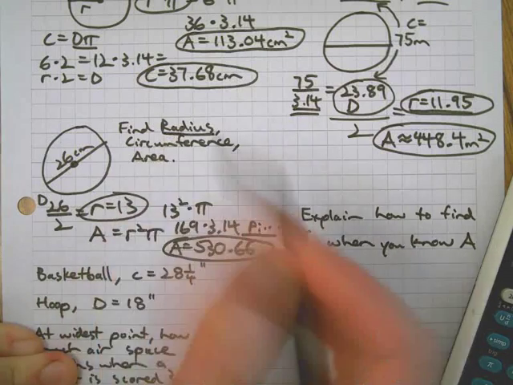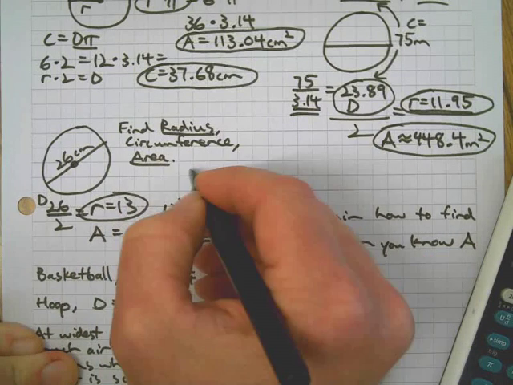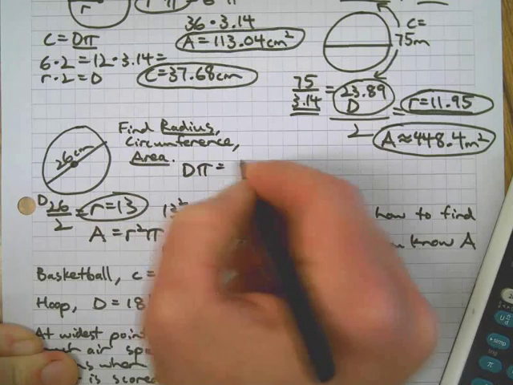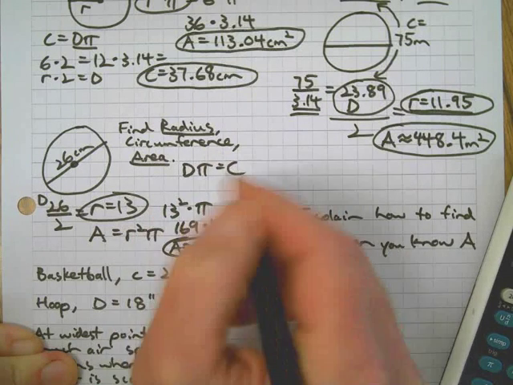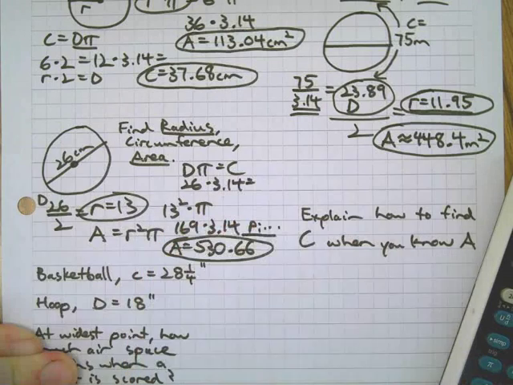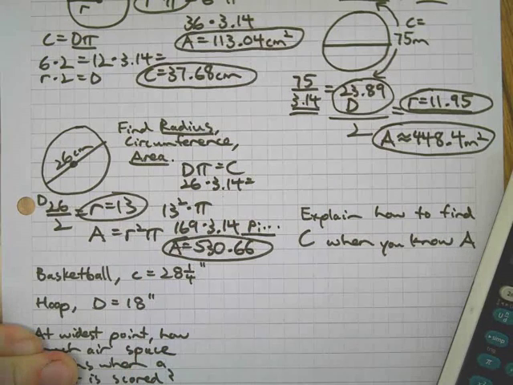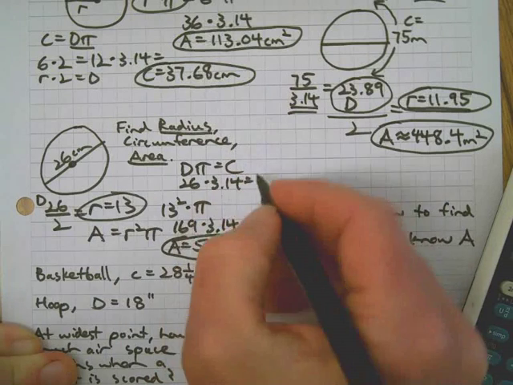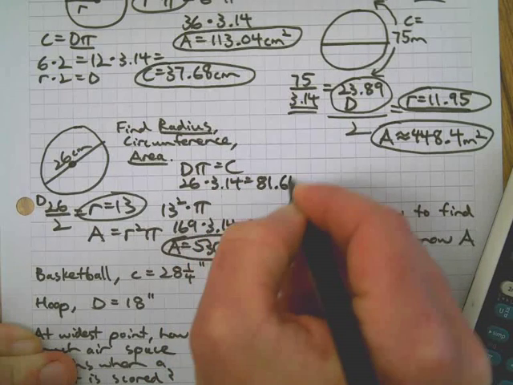Let's see, so we have the radius, we have the area, and since we already were given the diameter, we need to multiply it by pi to get the circumference. So we're going to go 26 times our common estimate. As soon as I can push the right buttons in the right order, 81.64